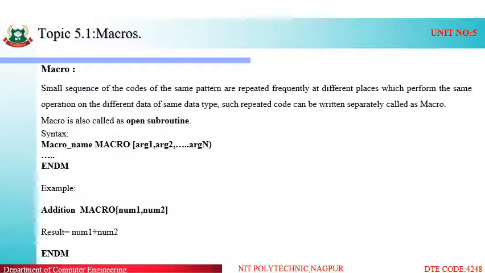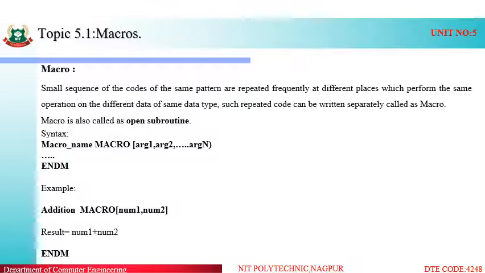Only the data inside the function is going to change. Suppose we write a function for addition. What will that function do? It will perform addition of two numbers or three numbers, so we have to supply the parameters to it. But what is the main purpose of writing the function? We don't have to write the same code again and again. We put that particular logic inside the function. The macro is the same.